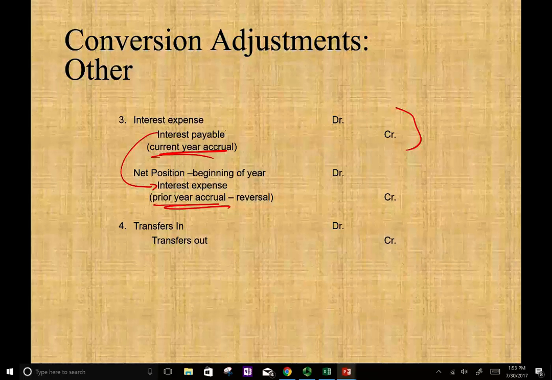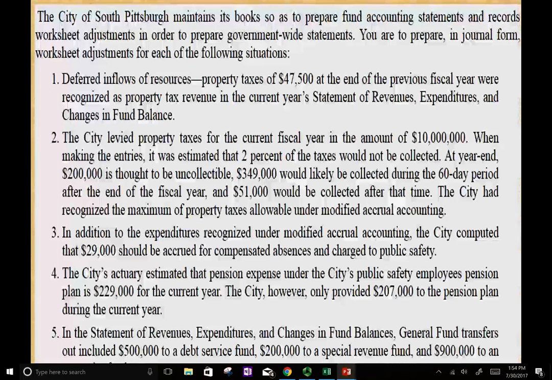Then during the year, the expense took place in the fund. Then when we start the following year, we have to back it out of the financial statement. Then to close the transfer in and transfer out, it's easy. Debit transfer in, credit transfer out. So that's easy. And the best way to illustrate this is to actually work an example. I believe the toughest thing for a student to understand is, why do we do the reversing entry? So hopefully when we work the example, it will make more sense.